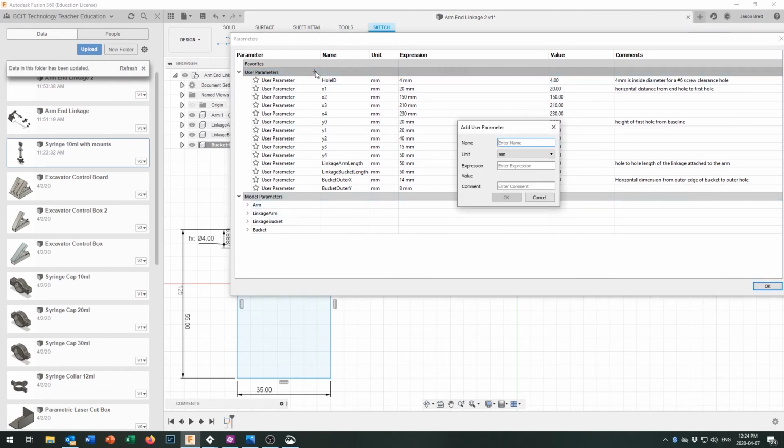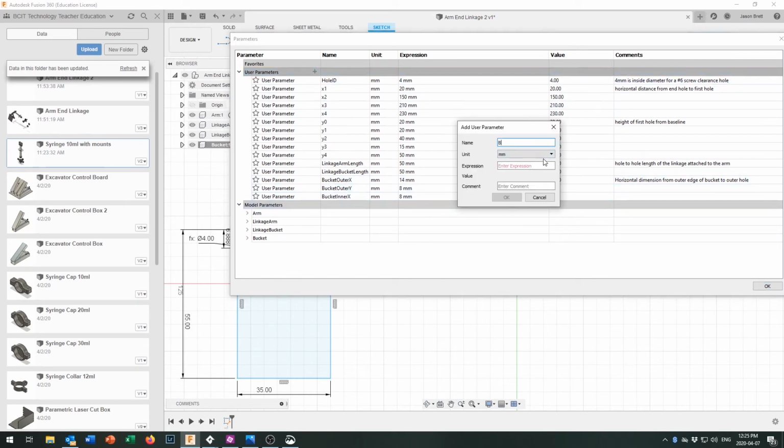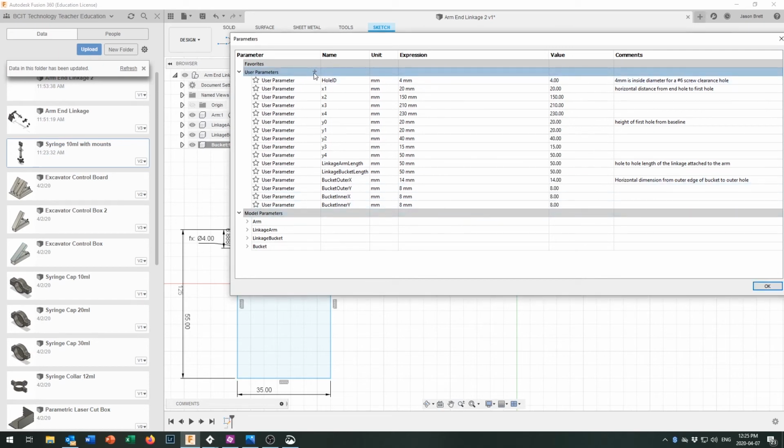And then we'll create bucket inner X, which was 8 as well, and bucket inner Y, which was 8 as well. Oh, sorry, goes right there. I was trying to make that in the comments column. And then finally, we'll just have the bucket